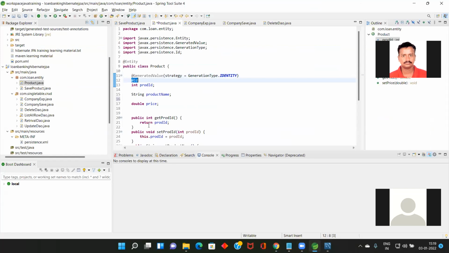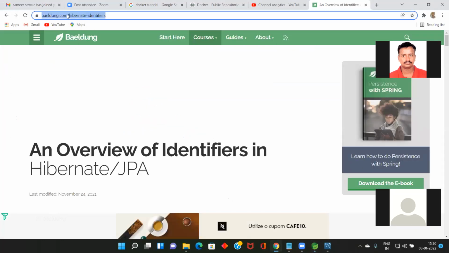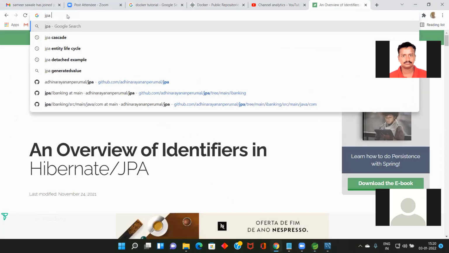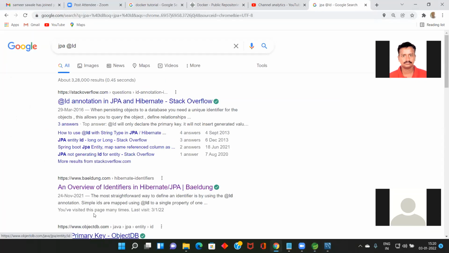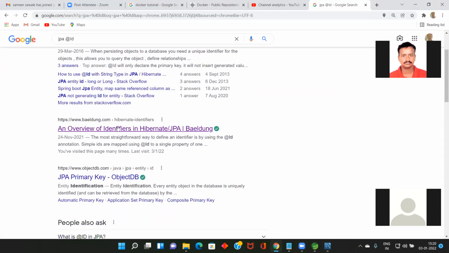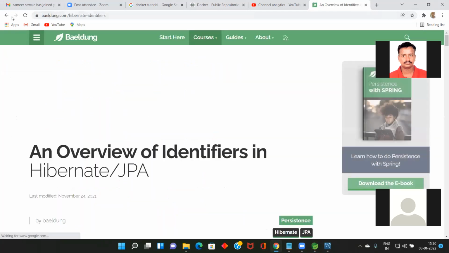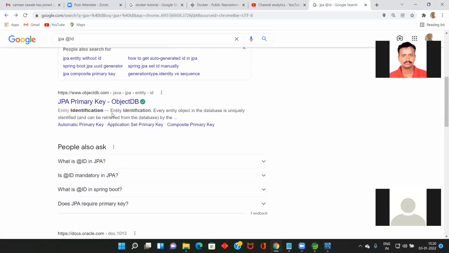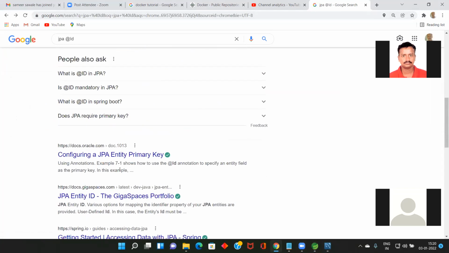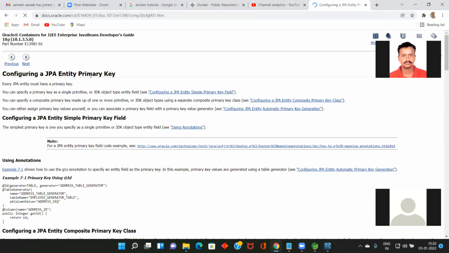What is the ID attribute? What is the meaning of @ID? Search JPA @ID. You can also search primary key, entity identity. Read anything; this is Oracle documentation.